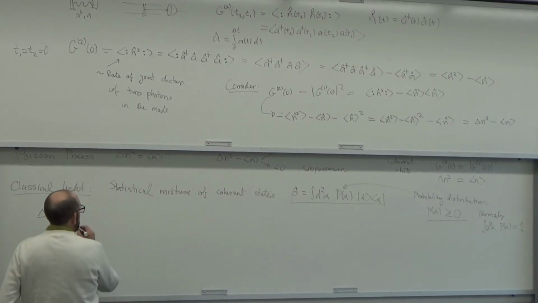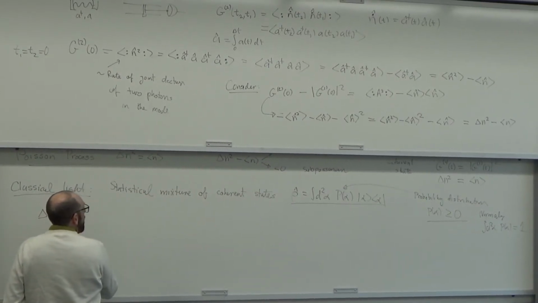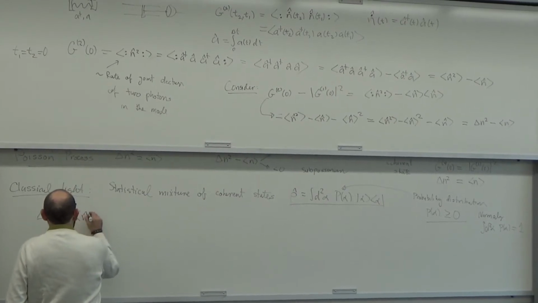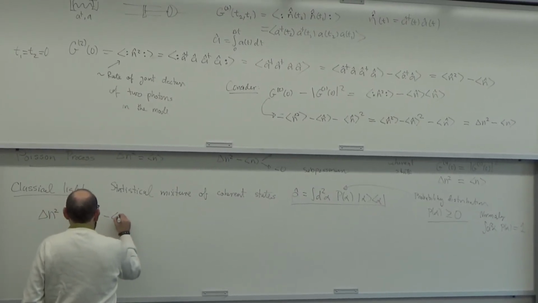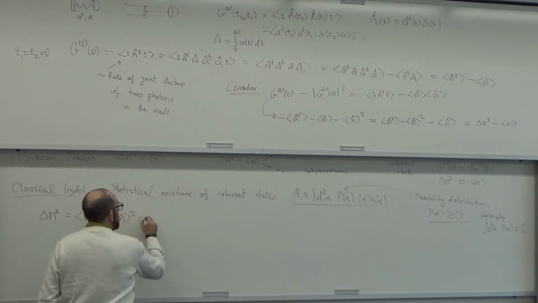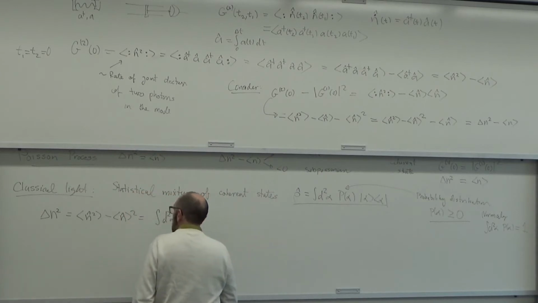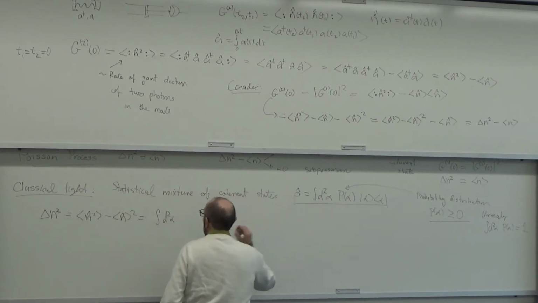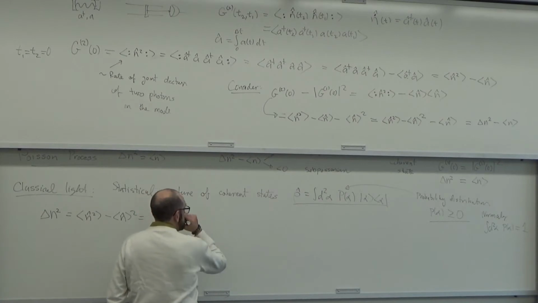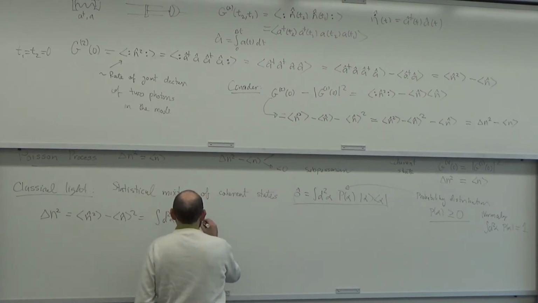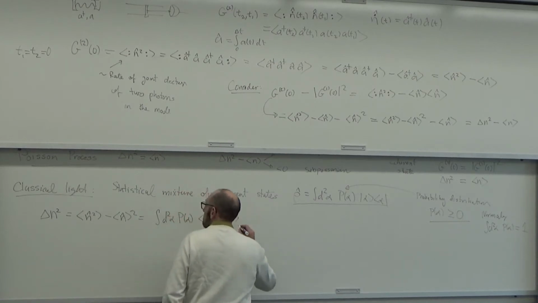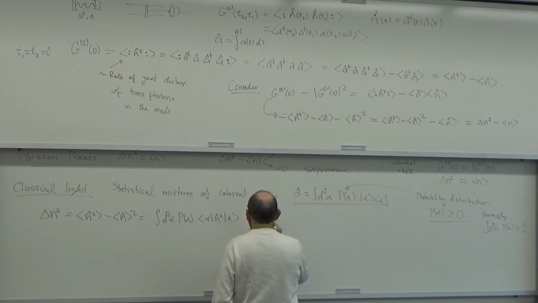That is equal to the average of n squared minus the average of n, squared, which is equal to the trace of n squared with that, minus